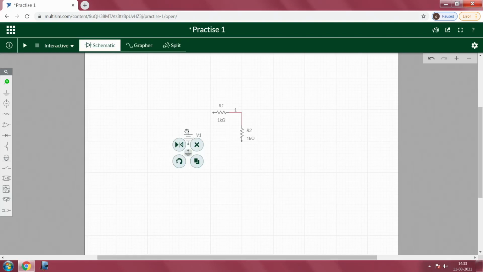I am making a wiring between the terminals, slightly move it down, and the other terminal of R2 will be connected to the ground too.